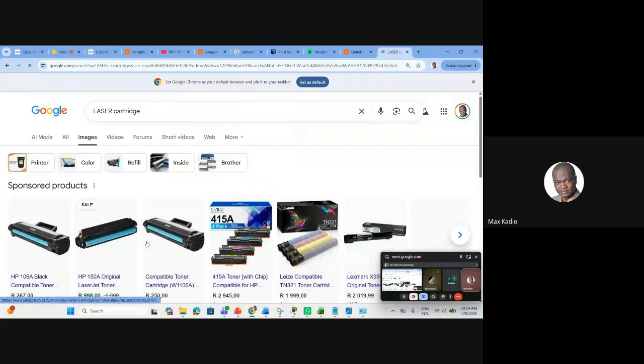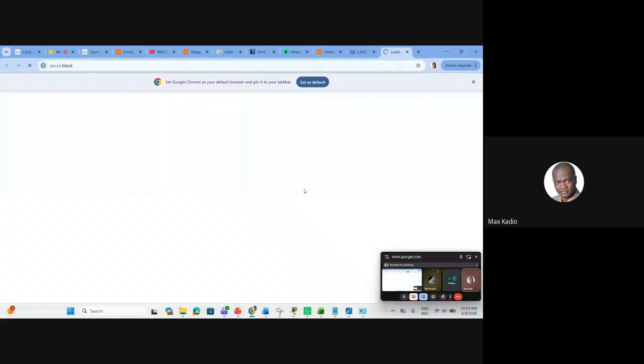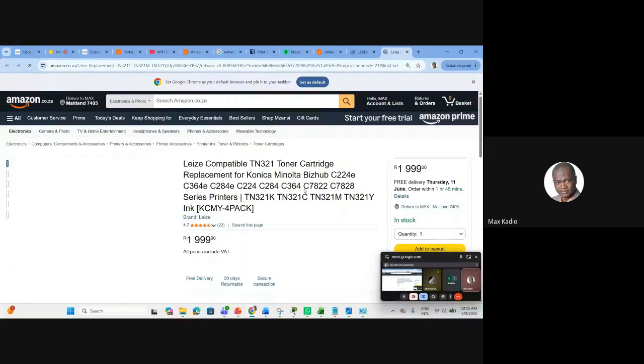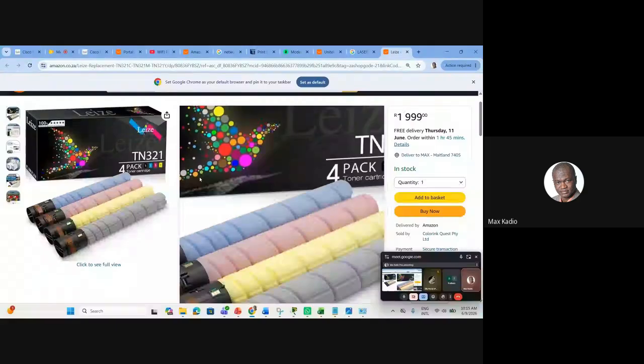You can also buy this one to replace them. It depends on the model of your printer. If the black ink is finished, it's going to notify you. Then you can come, you buy, and you replace.